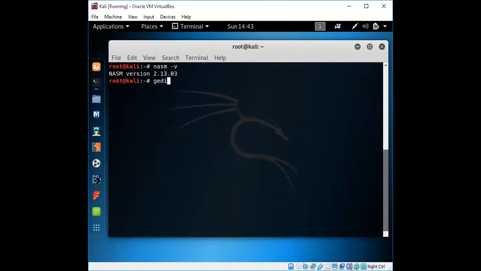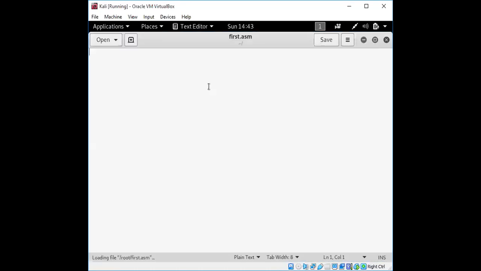So we are going to use gedit. Let's say we'll create first.asm. We are going to save the file with the name .asm. Any name; here we have given the name first.asm. We can go to the editor window where you can do the programming. Directly here we are going to write the program to display hello world, and then we'll go through the contents one by one, at least the basic things of the programming.